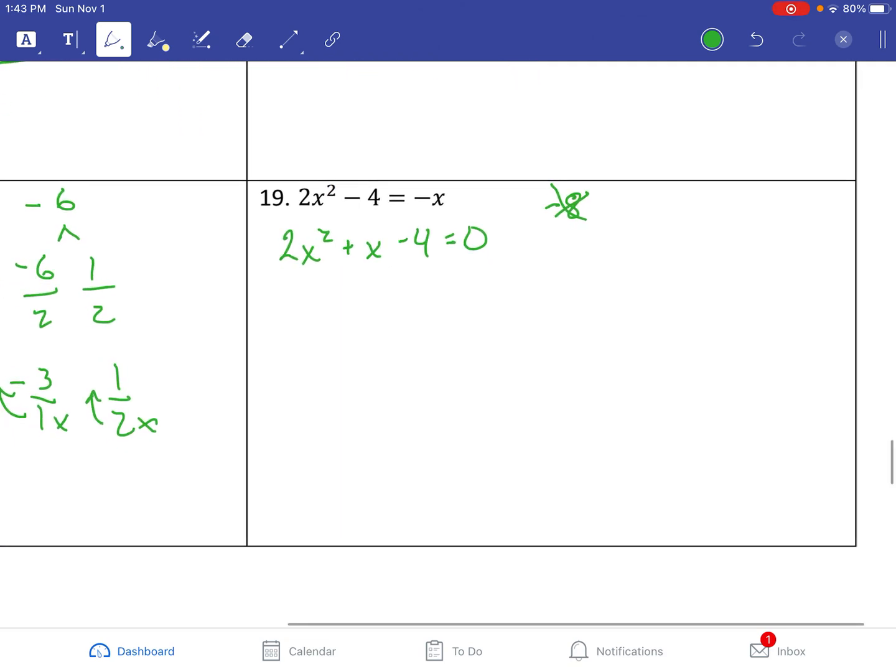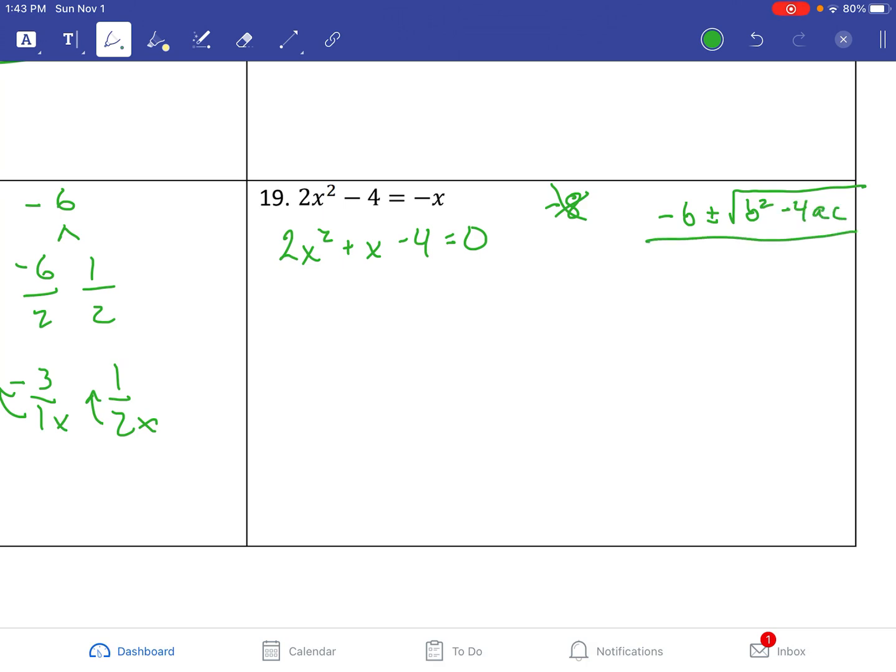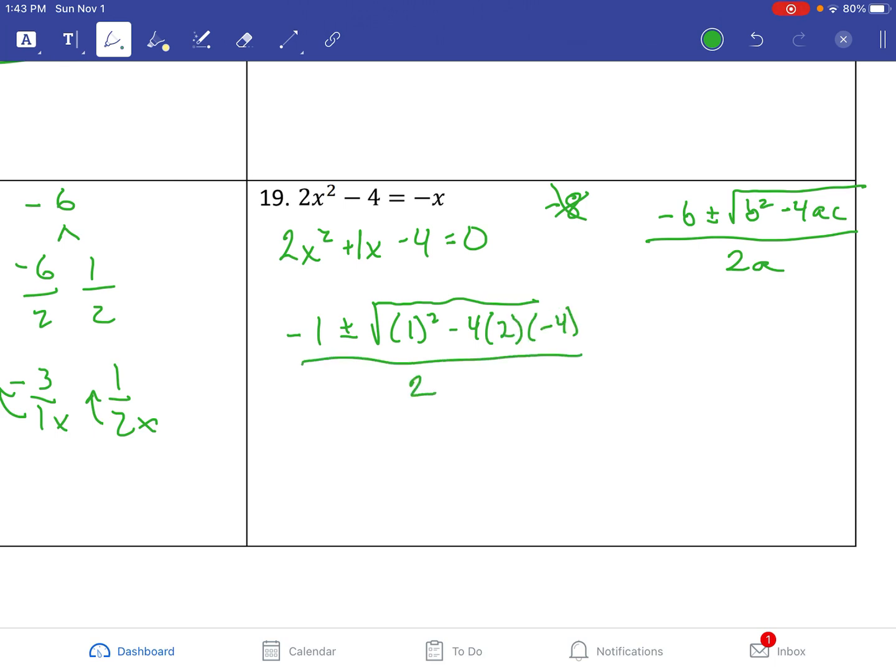So instead, what we're going to do is put it in the quadratic formula. So the quadratic formula, I'll put that up here, is negative b plus or minus the square root of b squared minus 4 times a times c, all divided by 2a. And there it is. So we're going to put those values into our quadratic formula. The number in front of the x is a 1. So we're going to have negative 1, because it was positive in the equation, plus or minus the square root of 1 squared. Notice I put it in parentheses. It's a good habit to have. Minus 4 times a, which is 2, times c, which is negative 4,